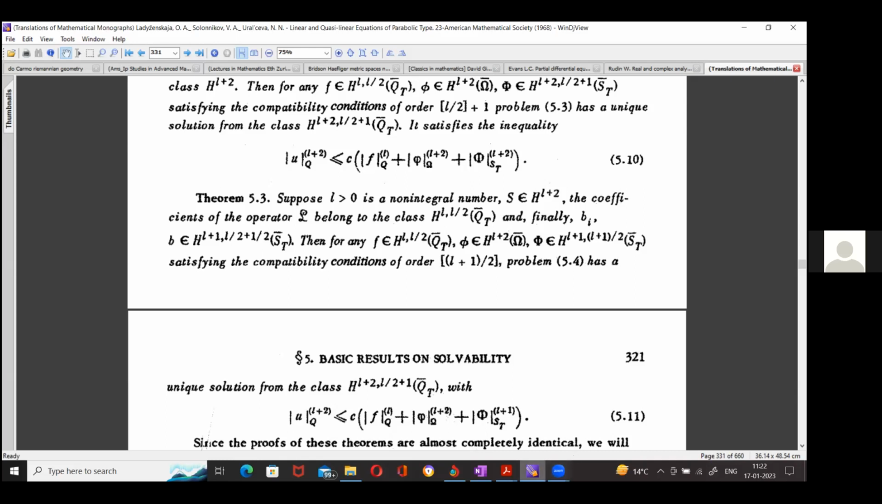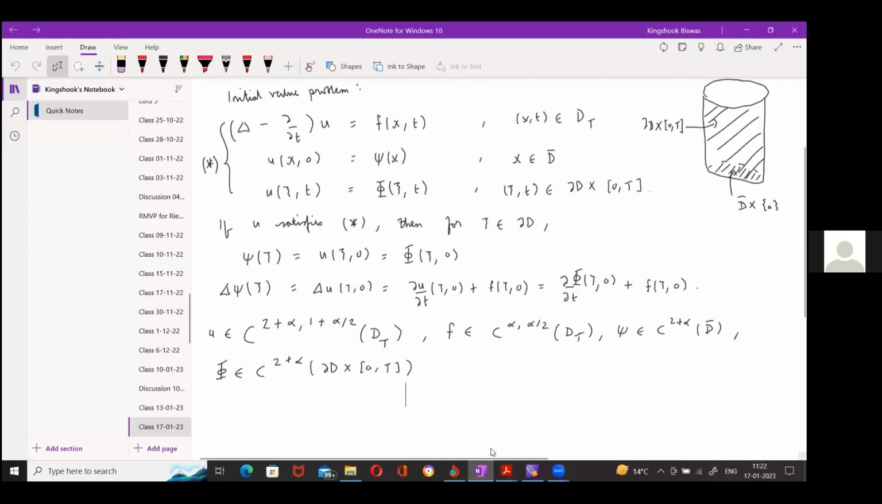Fine. So then what we get is, if these compatibility conditions, let me call them double star, are satisfied, then the theorem says that there exists a unique solution u to star such that